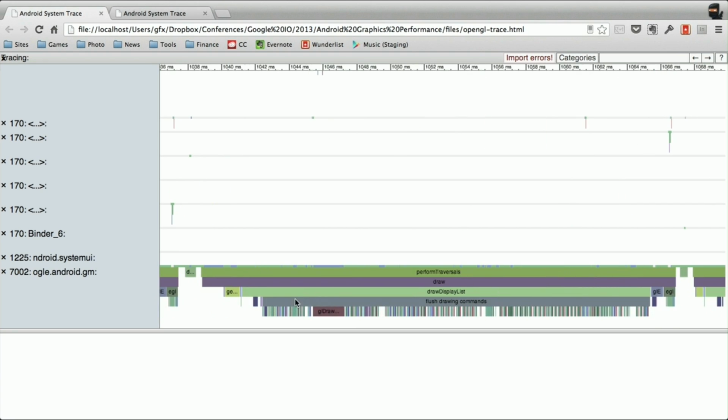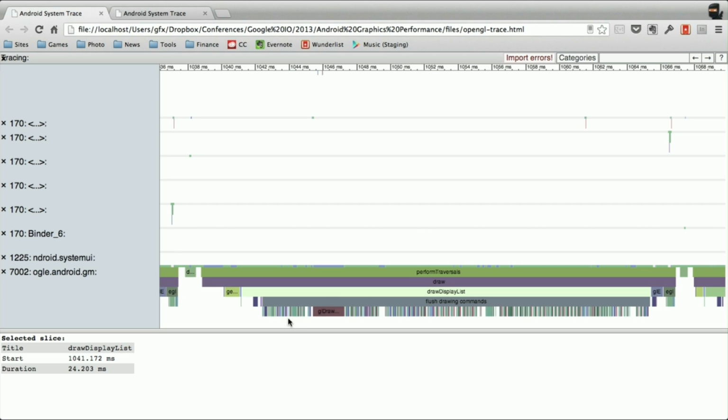Here we can see one frame of the Gmail application, and Gmail took 28 milliseconds to render one frame. So that's too slow. But only less than 1 millisecond was spent on the Dalvik side executing Java code. So most of the time is spent executing the OpenGL commands. That means the app is not doing much at the Java level, but it gave us so many drawing commands that we cannot draw